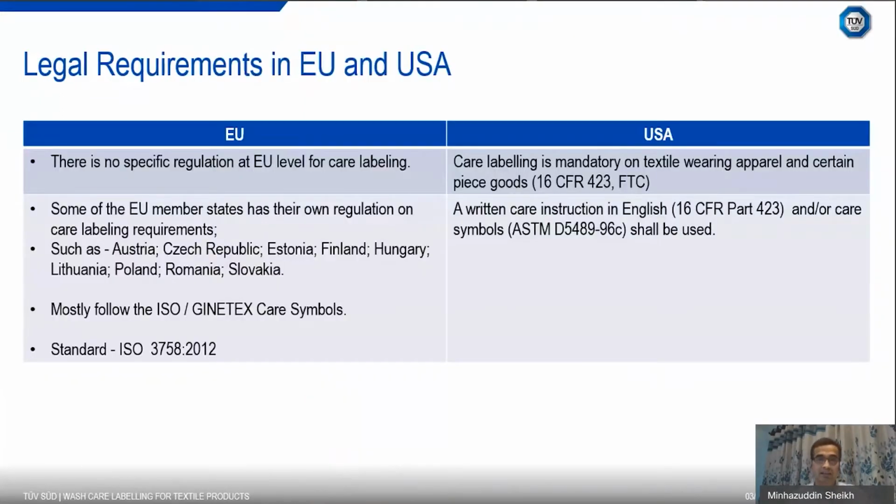If we look at the regulation for European Union and United States, in European Union, there is no regulatory requirement. Means there is no regulation that mandates a wash care requirement on the textile product. However, there are certain member states, as I have mentioned here: Austria, Czech Republic, Estonia. So these countries actually have their own national deviation or national regulation that requires a wash care label to be indicated on the textile product. However, it is an industry practice to use wash care symbols for the textile products using the ISO